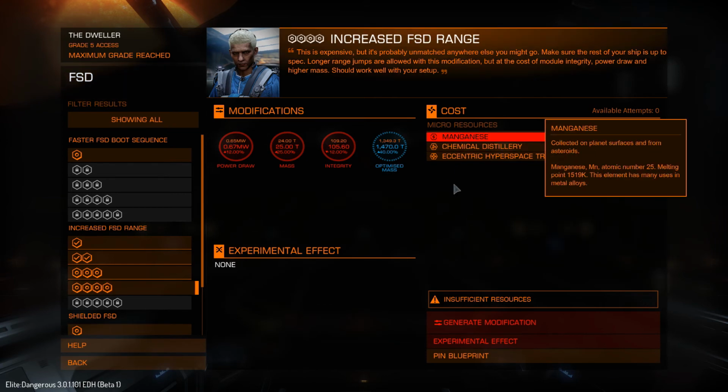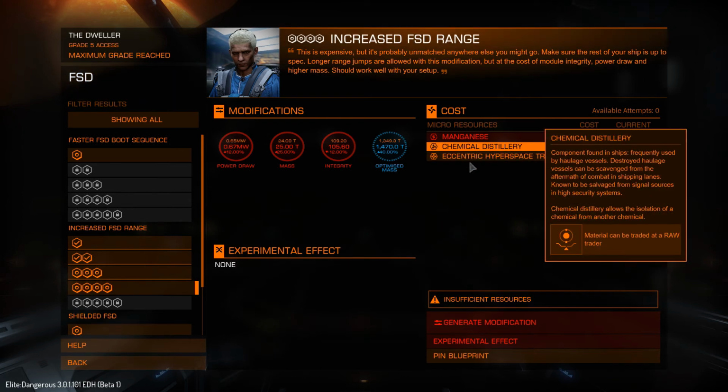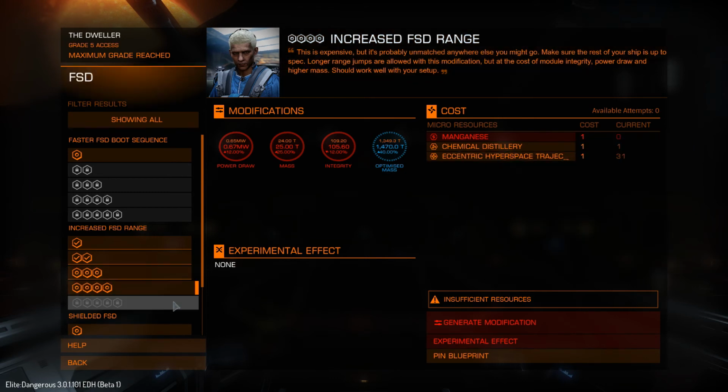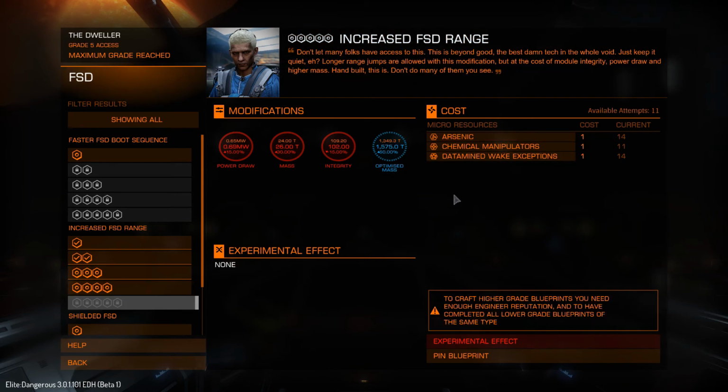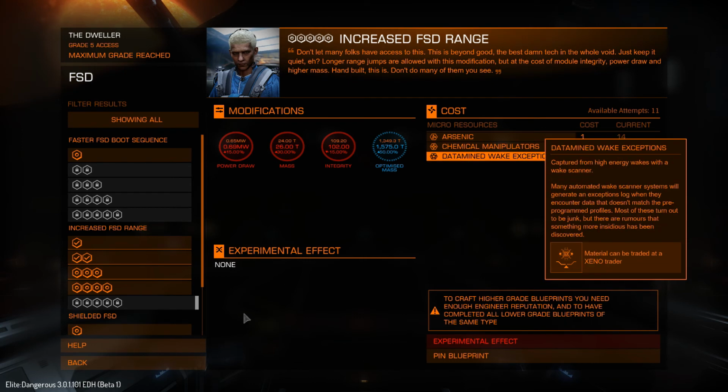So I ran into a snag. I can't continue because I don't have manganese. So I would have to figure out where to get manganese, and I have no idea. I also only have 1 chemical distillery, and I'm going to need at least 4 of them. Got plenty of these guys though. And then when I do get to here, I have... See, I don't need any more of those. I have enough of those, so...